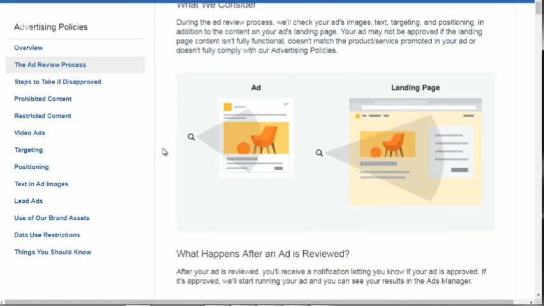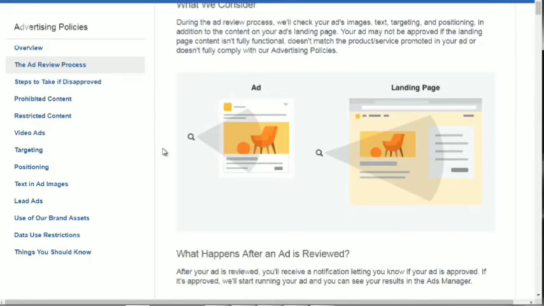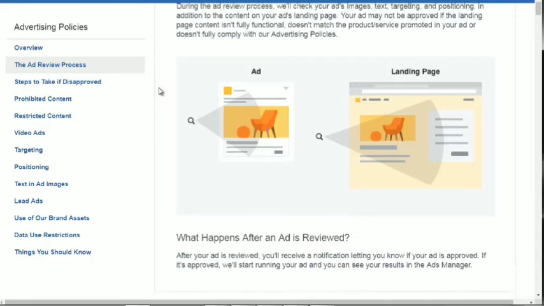But over time, you might be getting a manual review, which means an actual human may be reviewing your ad. Sometimes if you get your ads disapproved and you've read through and complied with those rules, then you can request a manual review, or you can contact them via support as well. So make sure you read through it is basically the gist of this video.